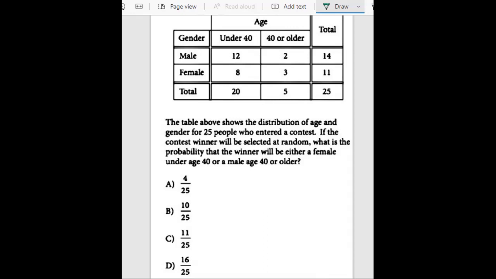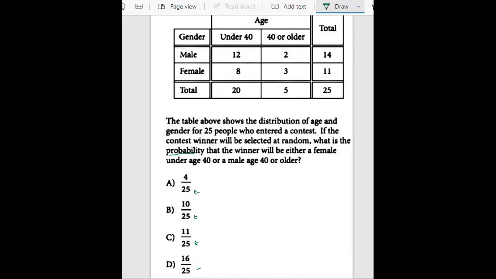So, what is the question? We need to find the probability. Whenever we are asked to find probability, in the denominator we have the total number. There's no point in writing that down because we already have the total number everywhere in the denominator. We just need to choose that. What is the question? What is the probability that the winner will be either a female under age 40